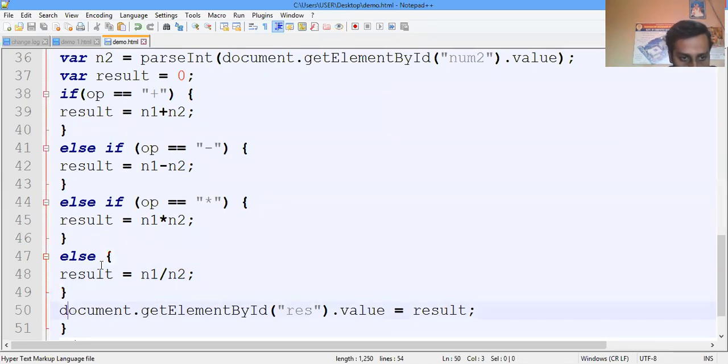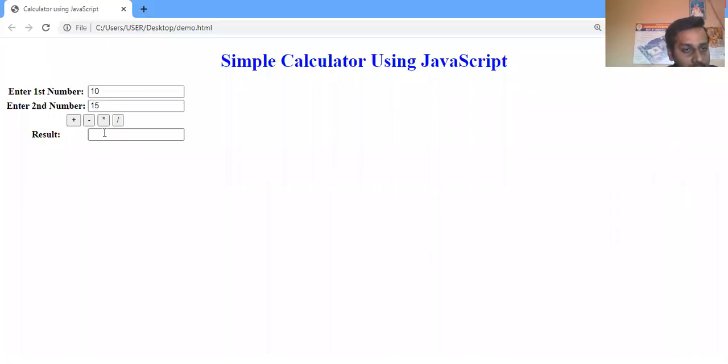So after the result, whatever the user has given, it will use document dot getElementById. We have taken the ID as res, and its value. So the result is there. Again, we'll go to this particular portion, what value we have given for the last column.